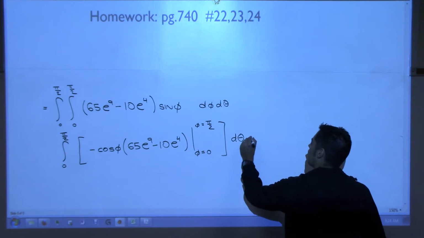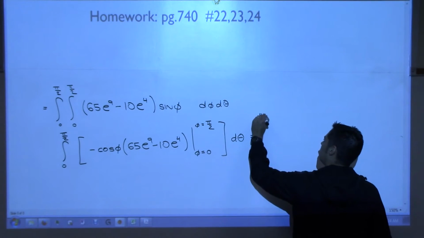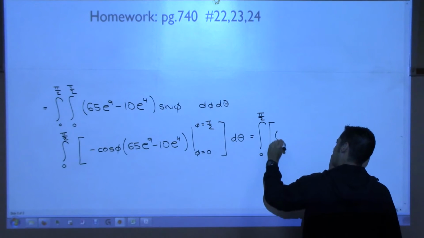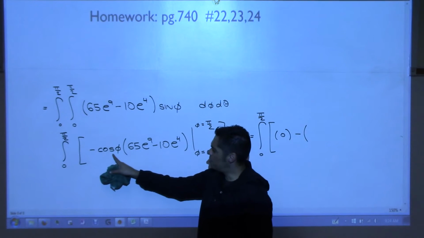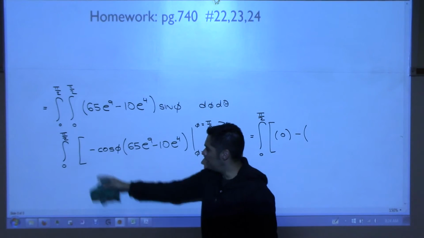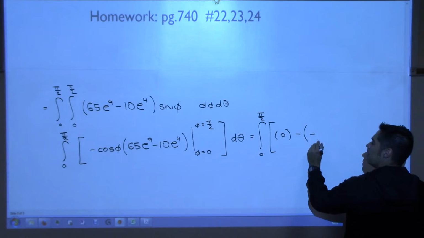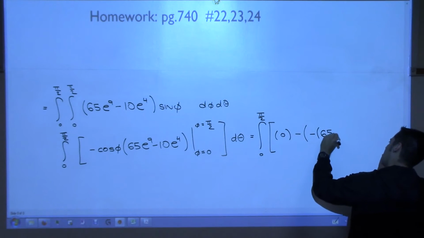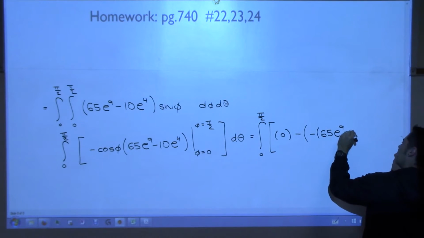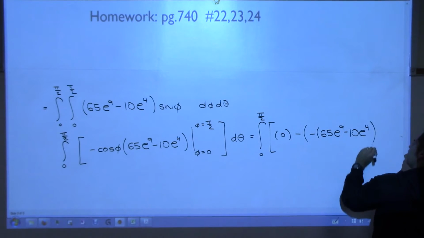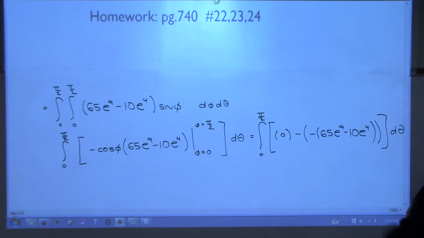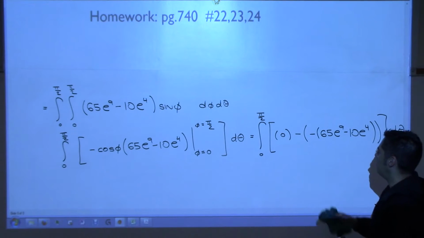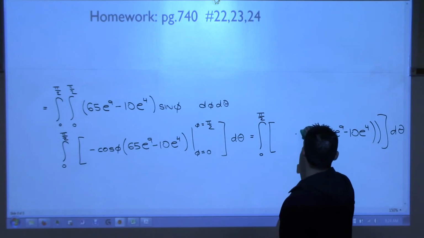And then we plug in 0. So I'm getting 0 when I plug in pi over 2 minus, now let's plug in 0. Cosine of 0 is 1, but then it's negative, so it'll be negative 65 e to the 9th minus 10 e to the 4th. And then I'm going to integrate that with respect to theta. So all that happens here is that this minus and minus become a plus. The 0 doesn't matter, so it's really just